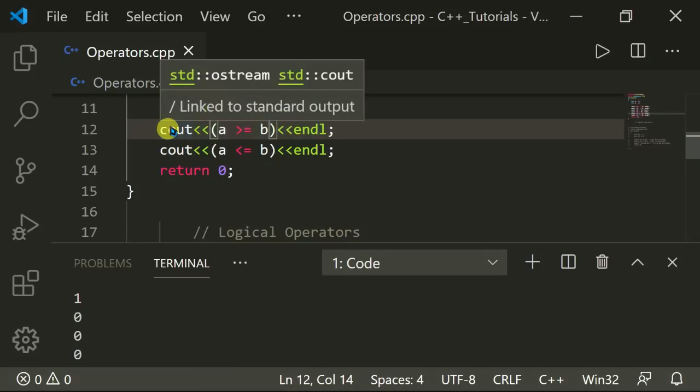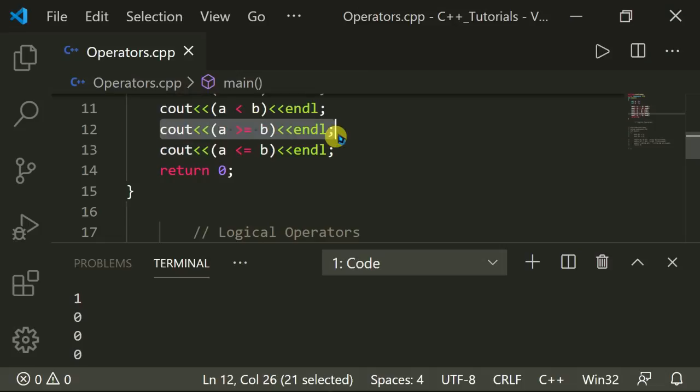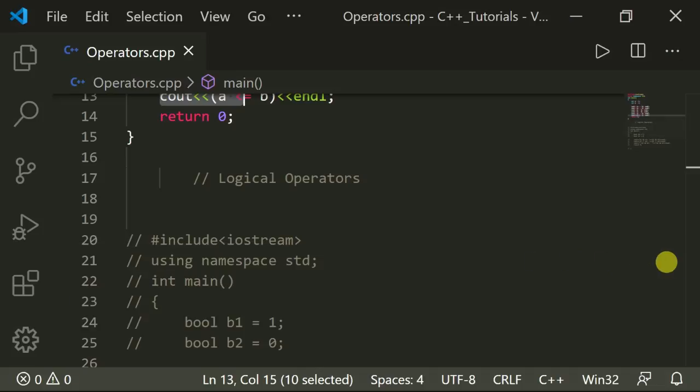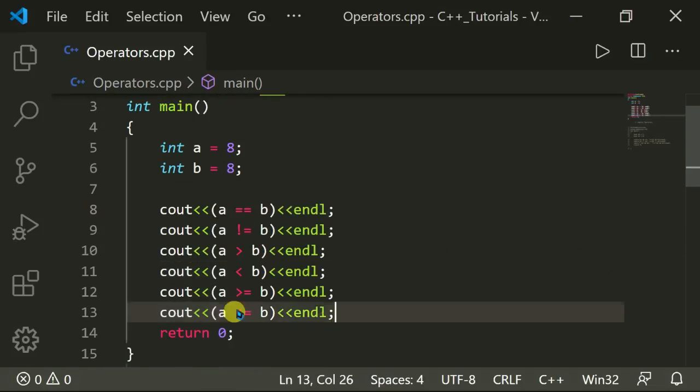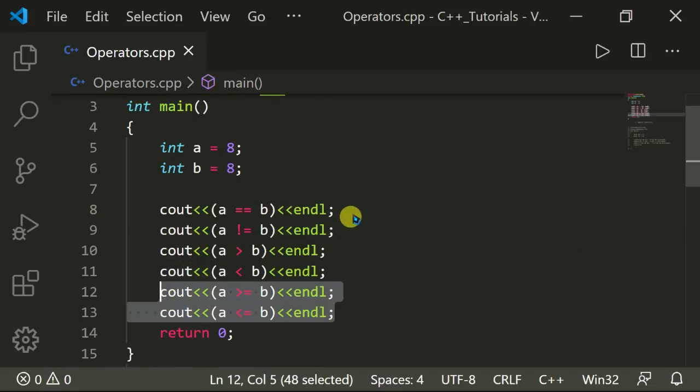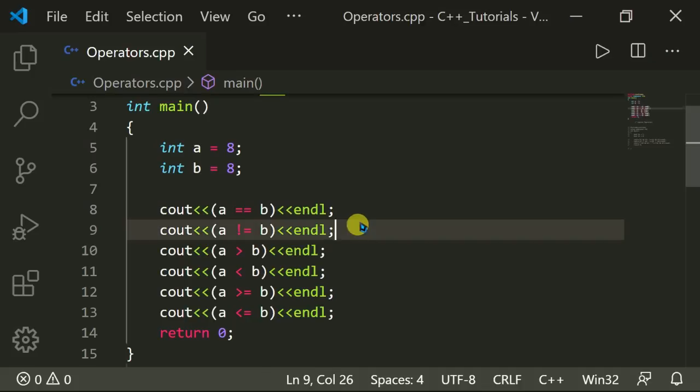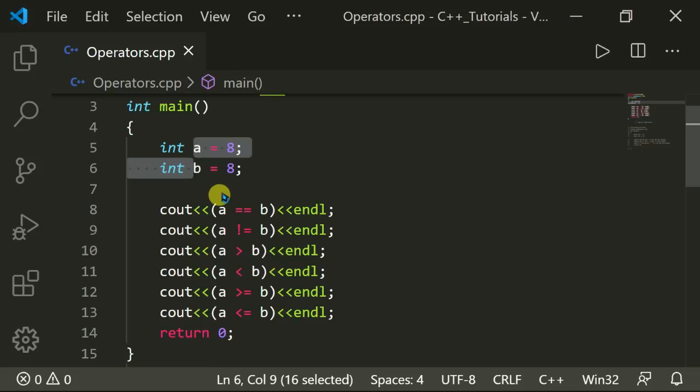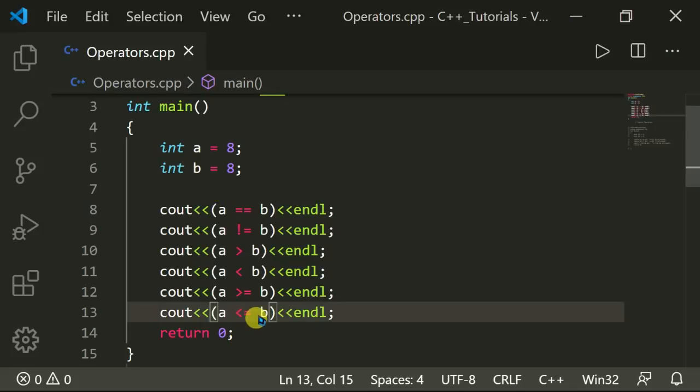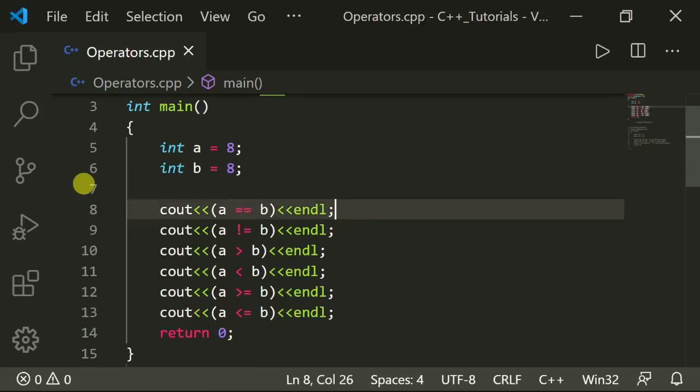And a is greater than or equal to b is true, and also the last one is true. These three statements are false, and these two are true, because a is equal to b. Here we have equal to in both cases, and also this one.